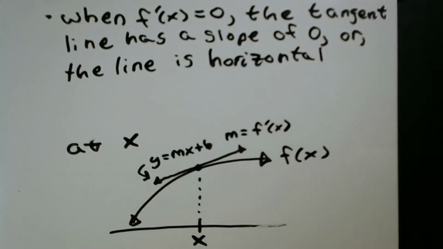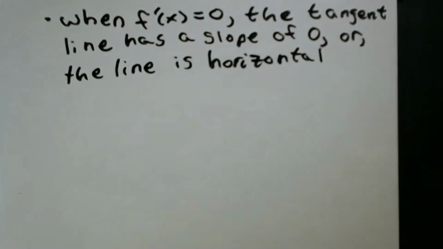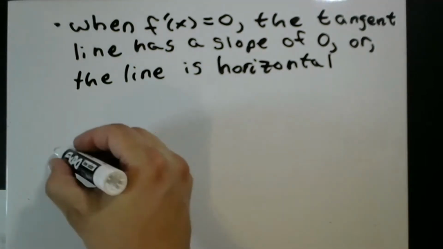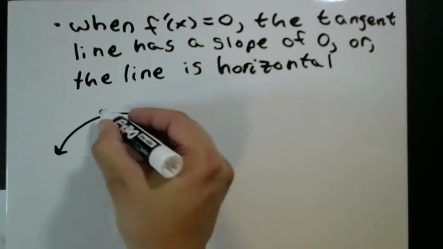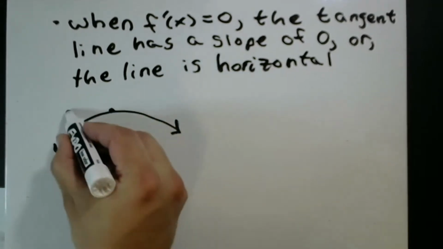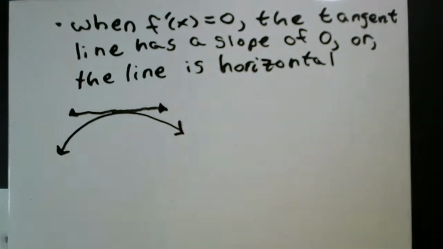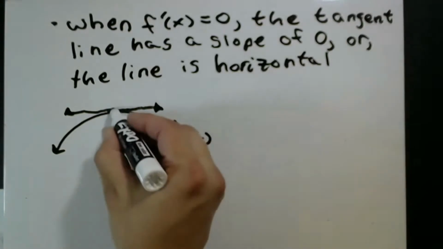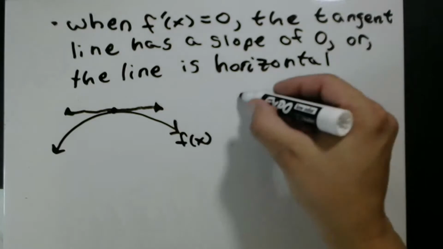The line is horizontal. So when we have horizontal lines, we could have a situation like this, where we have a peak in our function. Here's f of x. And here's the tangent line that's perfectly flat. They tell us where there might be peaks,